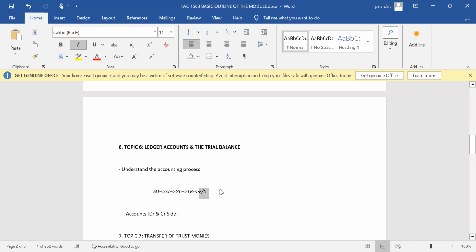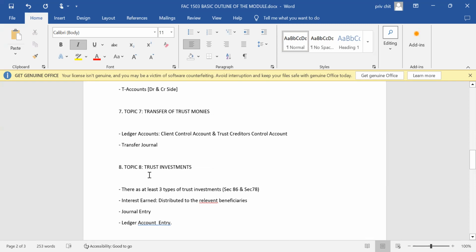But in the context of this module, we don't deal with financial statements, but you need to know what they are for background purposes. Financial statements are what the users are mostly interested in. There are different types of financial statements, but I'll talk more about them when I introduce you to topic number 2. These ones are done annually, so they are called annual financial statements, right?